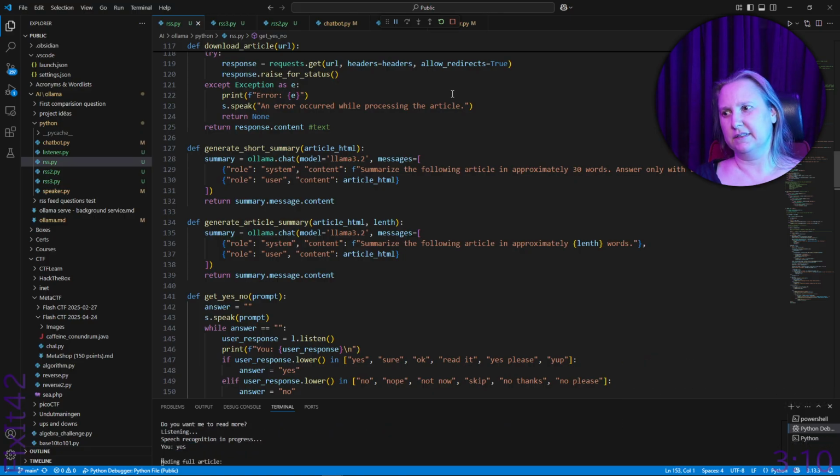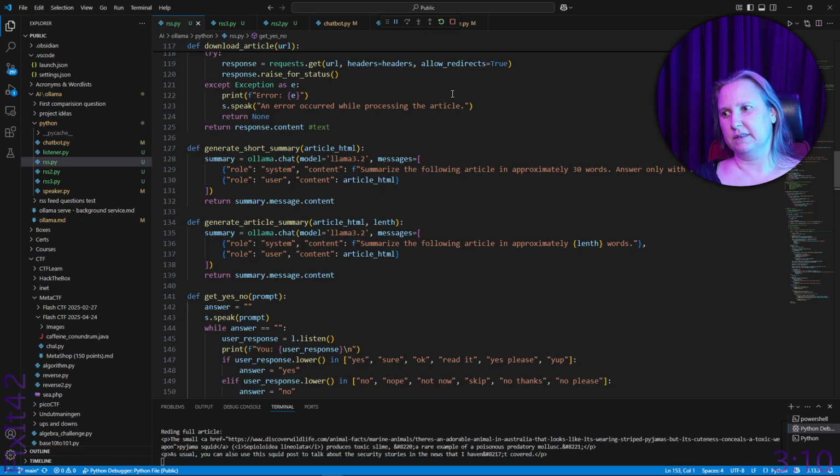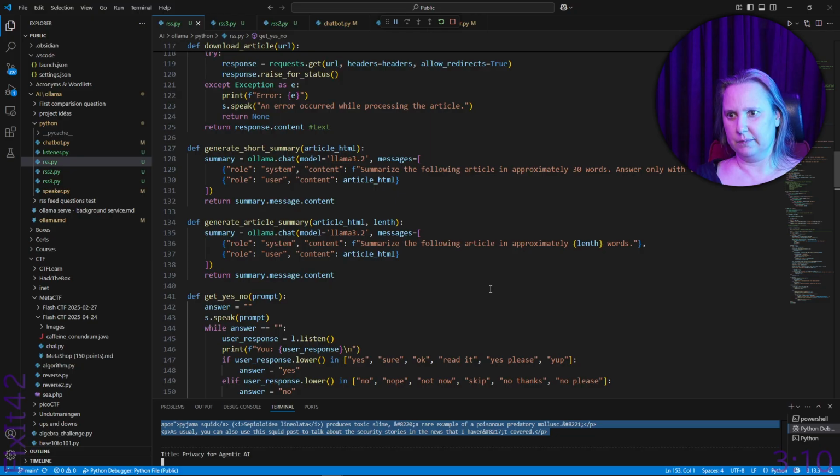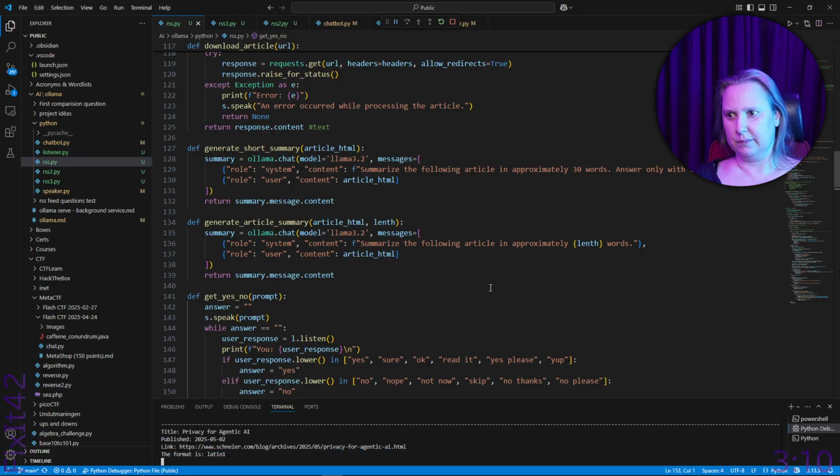Yes. Reading full article. The small pajama squid, Sepioloidea lineata, produces toxic slime, and number So 8220, a rare example of a poisonous DHTML. predatory mollusk, and number 8221. As usual, you can also use this squid post to talk about the security stories in the news that I haven, and number 8217. T covered. Title, Privacy for Agentic AI. The format is LATIN1. The average word length is